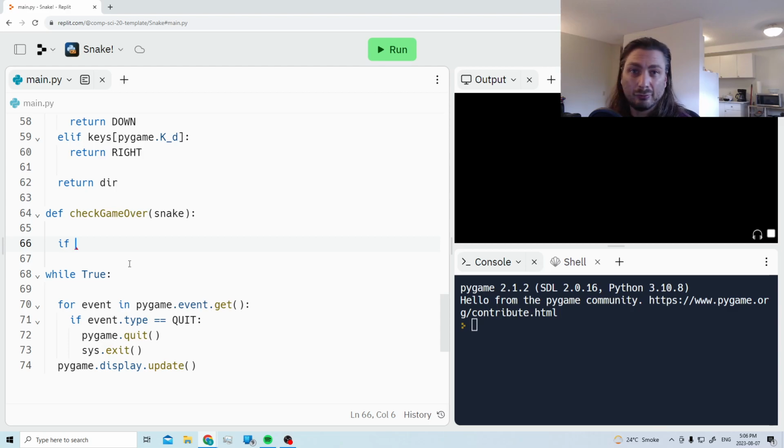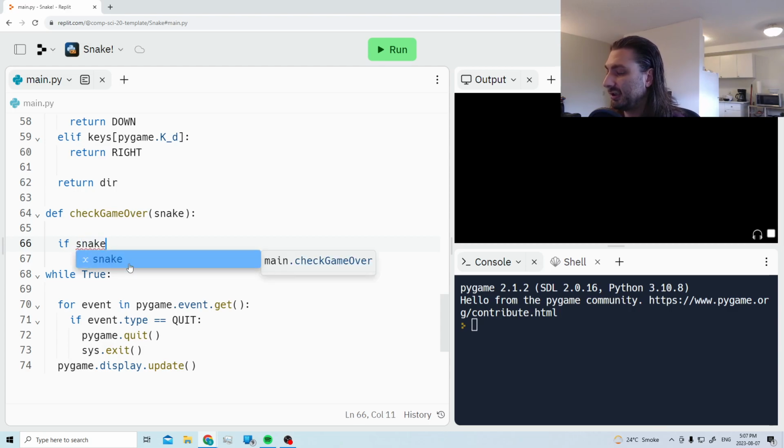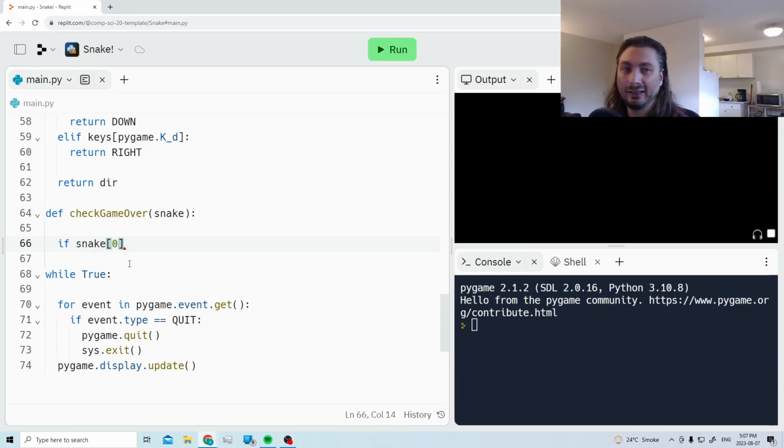To do that, we only really need to check where the head is, because the head is leading everything. The body's not going to go anywhere where the head hasn't already been, so the only thing that's going to run into a wall should be the head. So we're going to check the X and Y position of the head and use that to determine did it run into a wall. So if the snake, get the first thing in snake, that is the head,